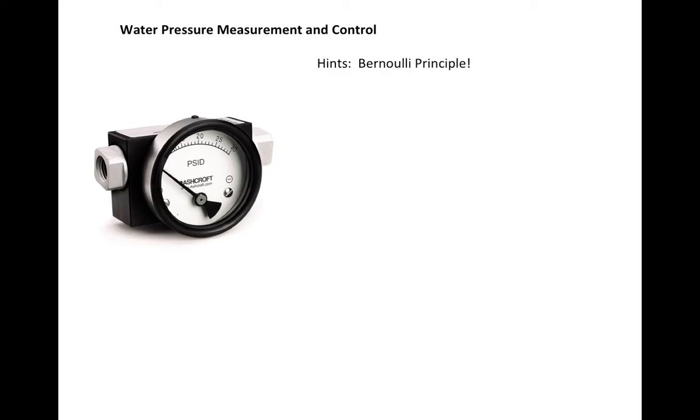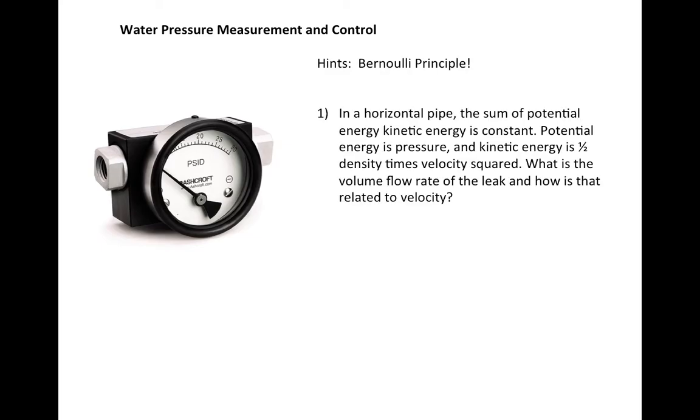So here are some hints. The Bernoulli principle: in a horizontal pipe, the sum of potential energy and kinetic energy is constant. Potential energy is pressure, and kinetic energy is 1/2 the density times the velocity squared. What is the volume flow rate of the leak, and how is that related to velocity? So what you know is that